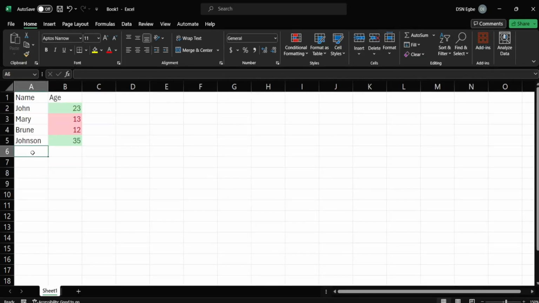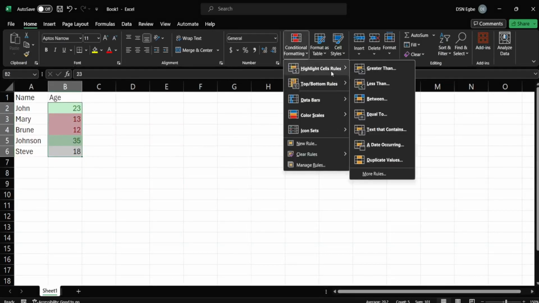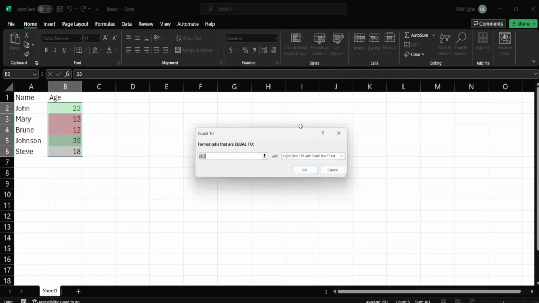So we can still highlight the same cell. Let me put another name here. Let me call it Steve. And I'm going to say the age is 18. So you see, obviously, much of this rule seems not to apply to that particular field. But then let's see. Let's put another conditional formatting. We say if the age is equal to 18,